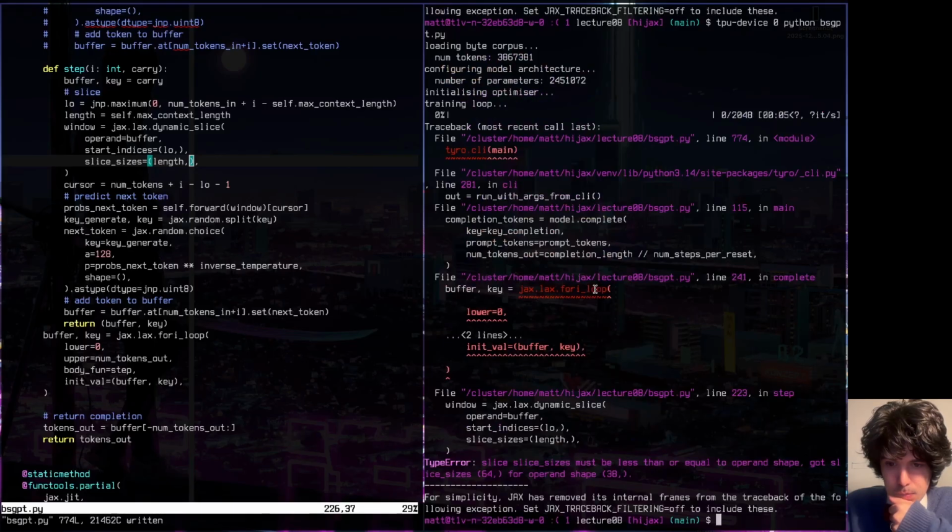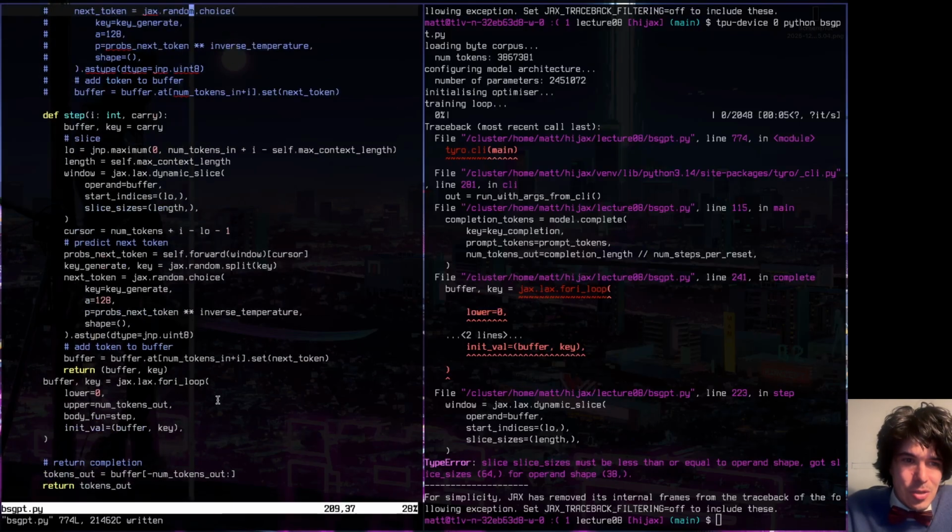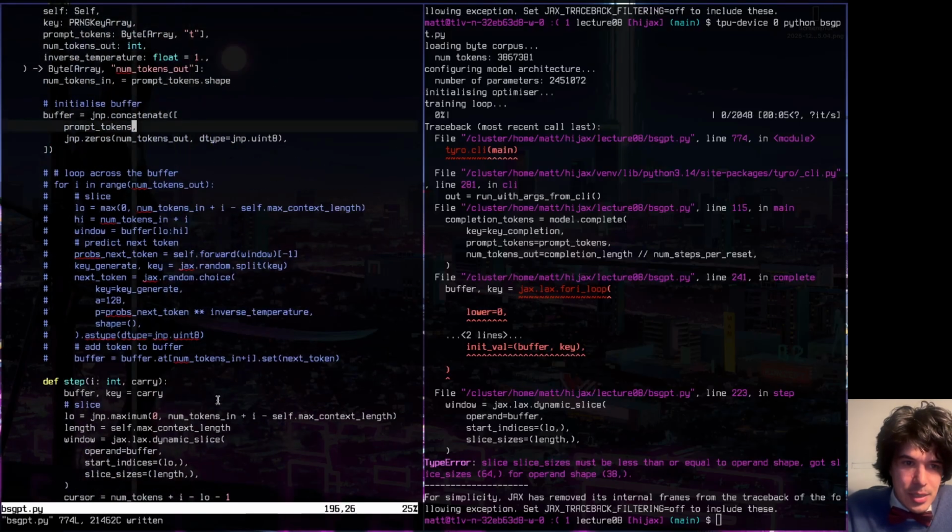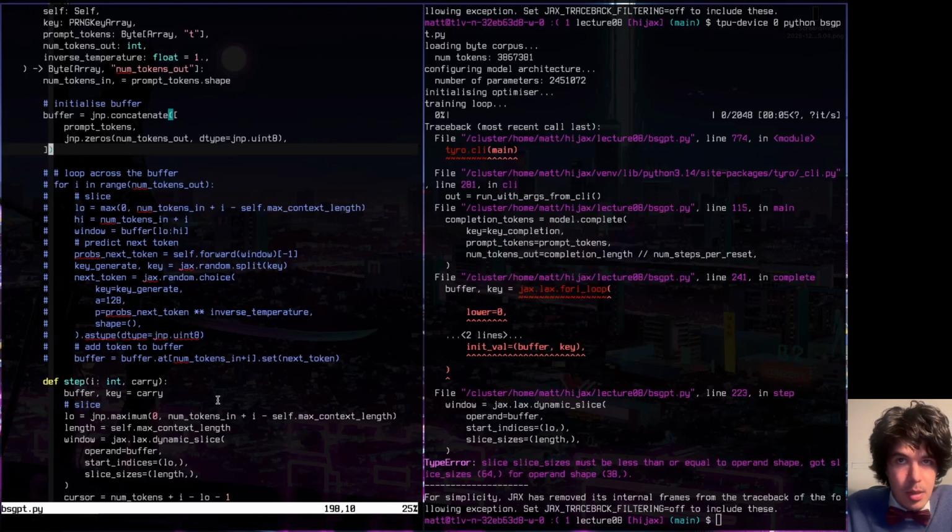Still an issue. Why is the buffer shape 38? Oh no! Because we're only generating 8 tokens. So I'm going to have to pad more. But I think that's okay. I think that's an easy fix actually, because we can just make sure that this is at least max context length. Actually, we better make sure that it's at least max context length beyond num tokens out, because that is going to be the situation where